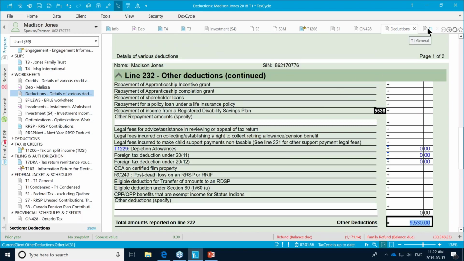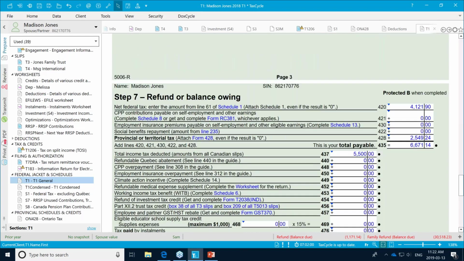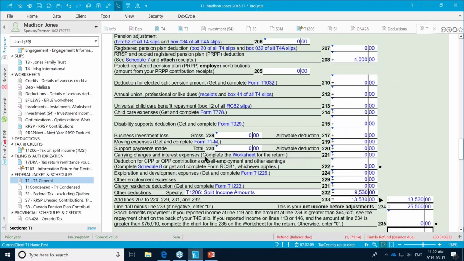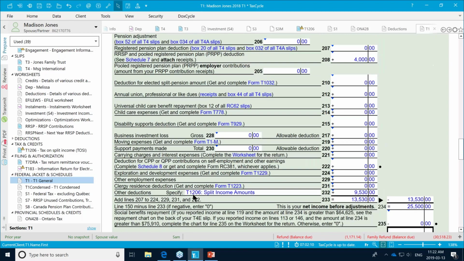I wanted to show here that on your T1, if split income applies, here under net income, it will transfer the other deductions. So this amount here, this 9530 in our file, is subject to split income. It will automatically transfer here and do the adjustment for you in your net income amount.